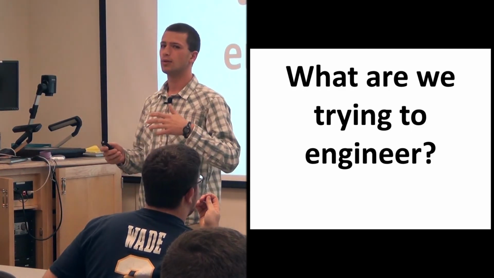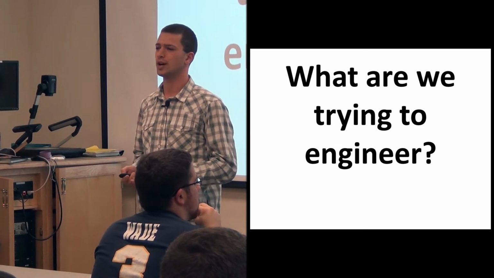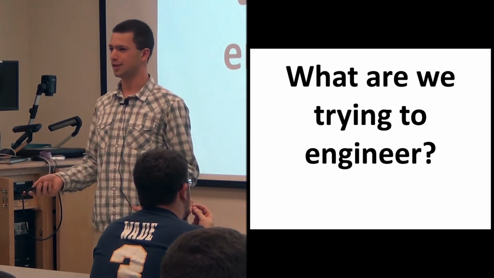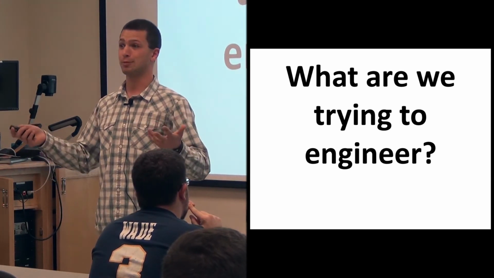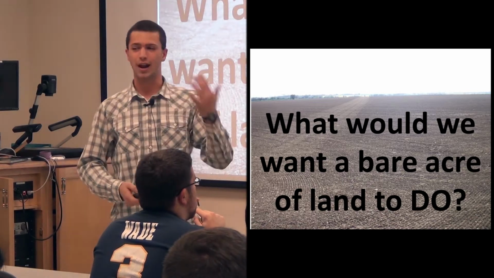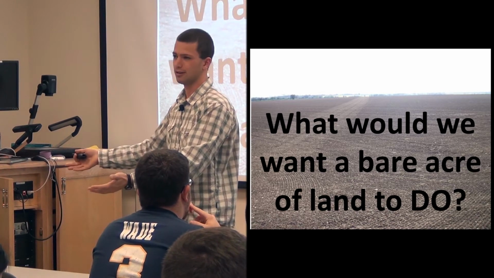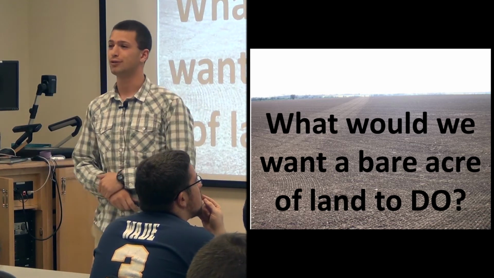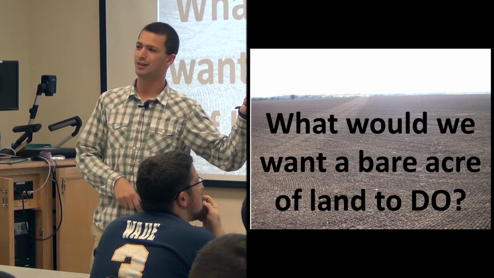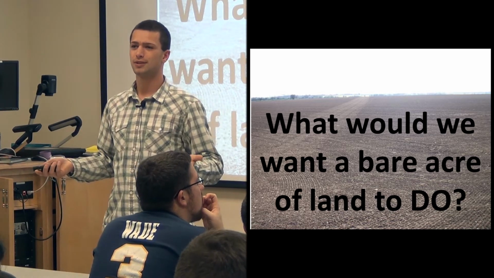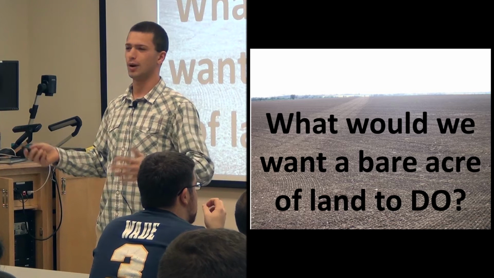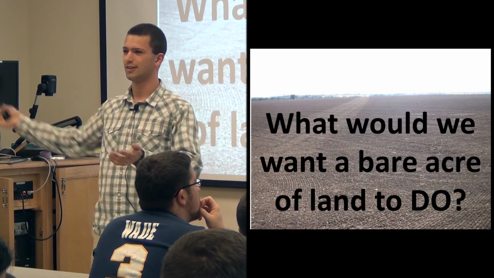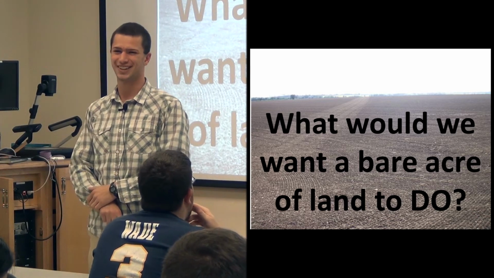So when thinking about that, what we should ask is, okay, we're trying to create this optimal ecosystem and tweak all these equations to our benefit. What do we actually want it to do? What do we want an optimal ecosystem to do? Another way to ask that would be, if you have bare black earth, let's say an acre of bare ground, which we should all be pretty familiar with because 96% of Illinois is this right now, what do you want it to do? If you had a bare acre of land, you wanted to solve all the world's problems and create this great ecosystem, what do you want it to do? That's the actual question, so you can answer.